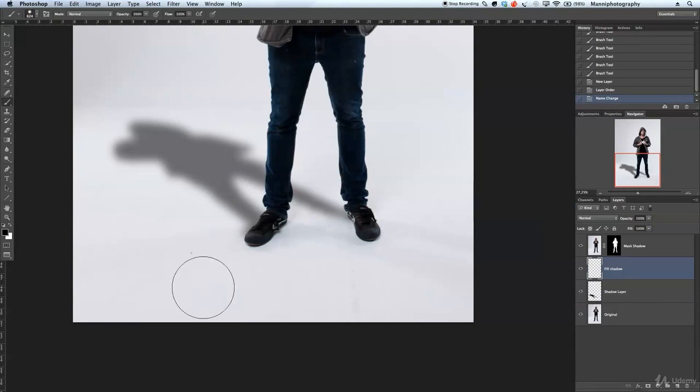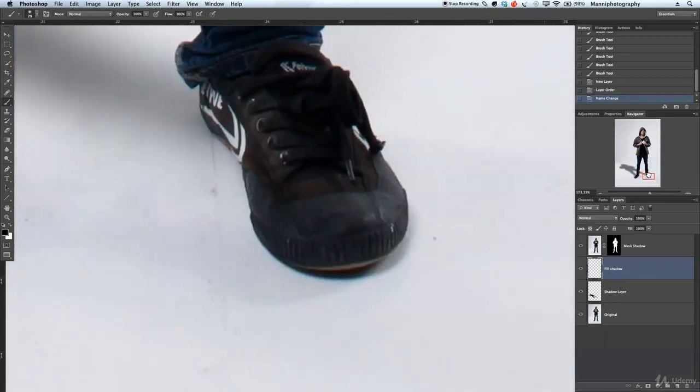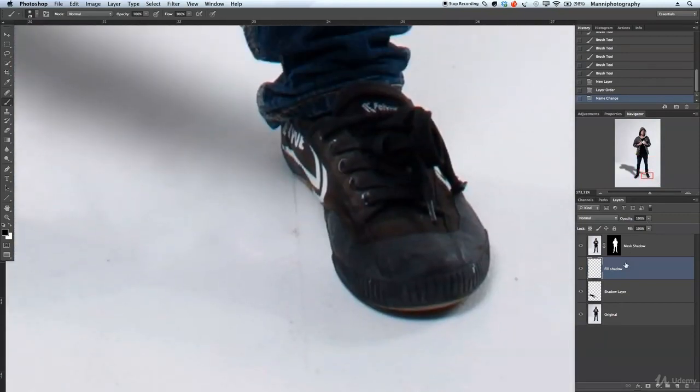I'm just going to press 00 quickly so that you guys can at least see what I'm doing. I'm going to take my brush and make it completely feathered, so it's all the way, no hardness at all, and I'm going to change my size all the way down to around, say, 22 pixels. Then again with my navigator, zoom in really closely onto the foot down here, and now we're obviously working